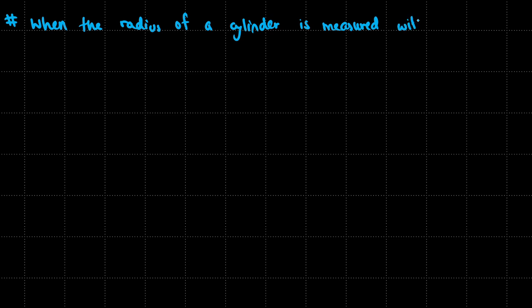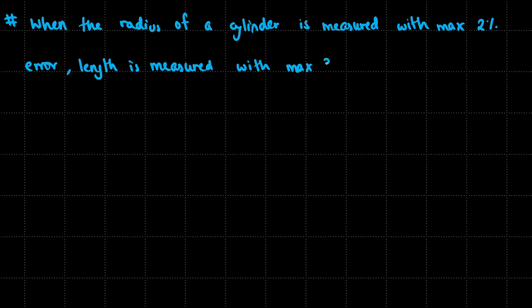Today we are gonna do another question, which is: when the radius of a cylinder is measured with maximum 2% error, and the length is measured with maximum 3% error, so maximum 3% error, find the error in the measurement